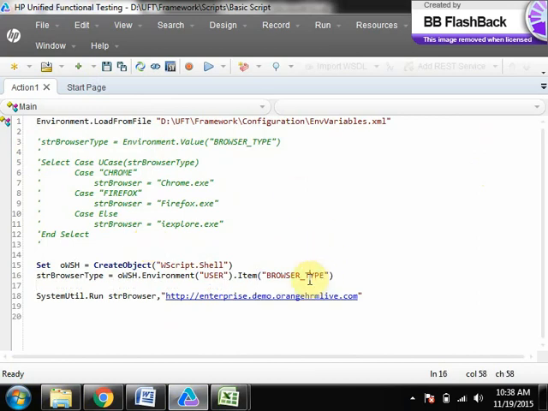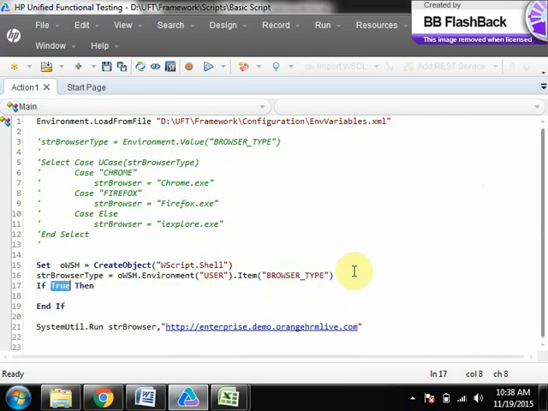In case you have not done any setting in the macro, that Excel macro file, BrowserType will be empty. Or if that BrowserType variable is not created, it returns the empty value. If the variable is there, it returns whatever value is inside that variable. If it is not there, it returns the empty value. So do one thing now. If strBrowserType equals empty, if it returns empty,